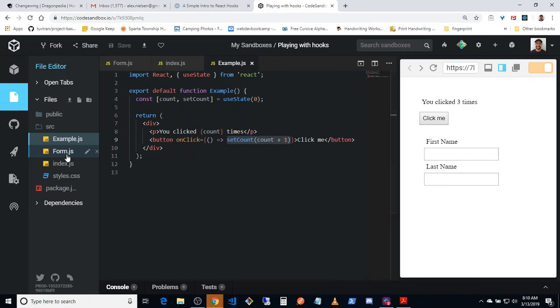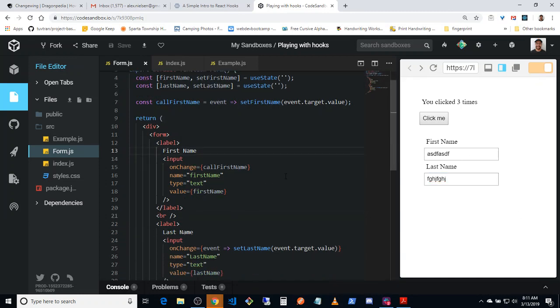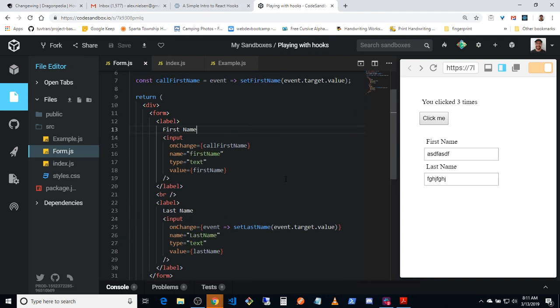Okay. So anyway, I made my own little, just a basic controlled form. You type in, it types what you want. Presumably I did the controlled form right because it seems to be working, right? So look at last name first. They did this exactly the same way they did the example, right? On change, I gave it an event so you can get the event.target.value. So all I'm doing, instead of count plus 1 being the value,